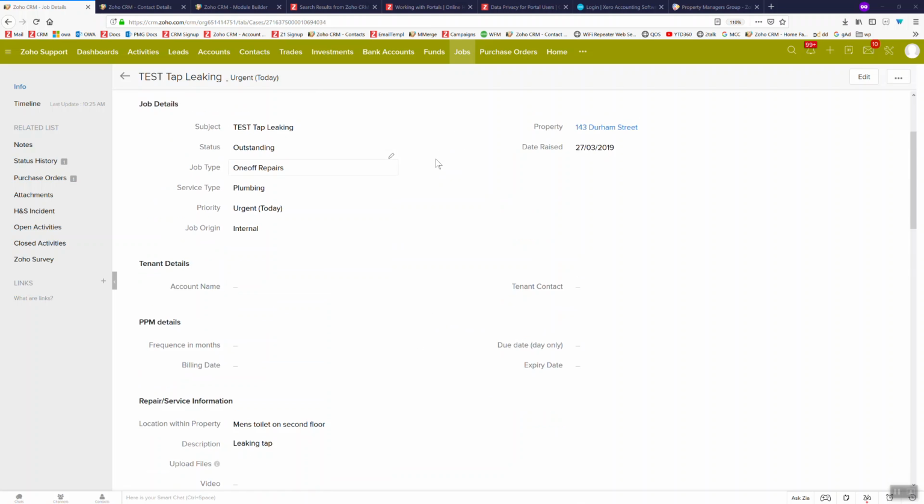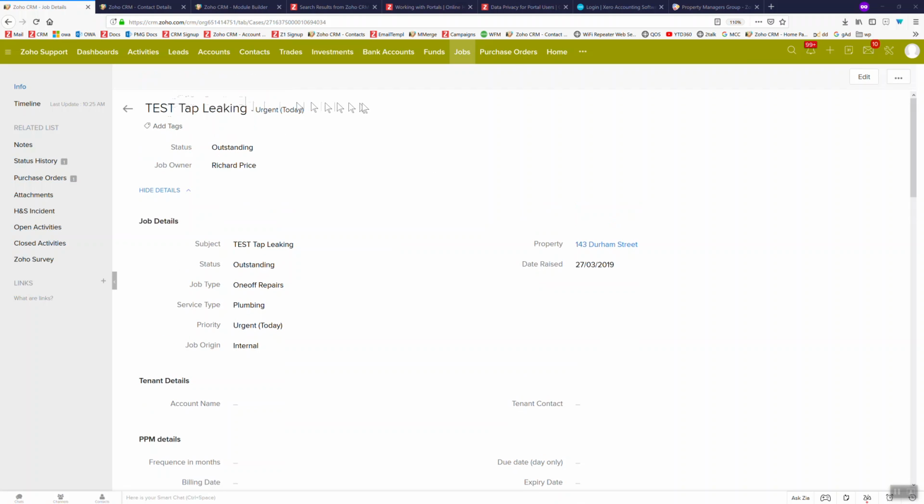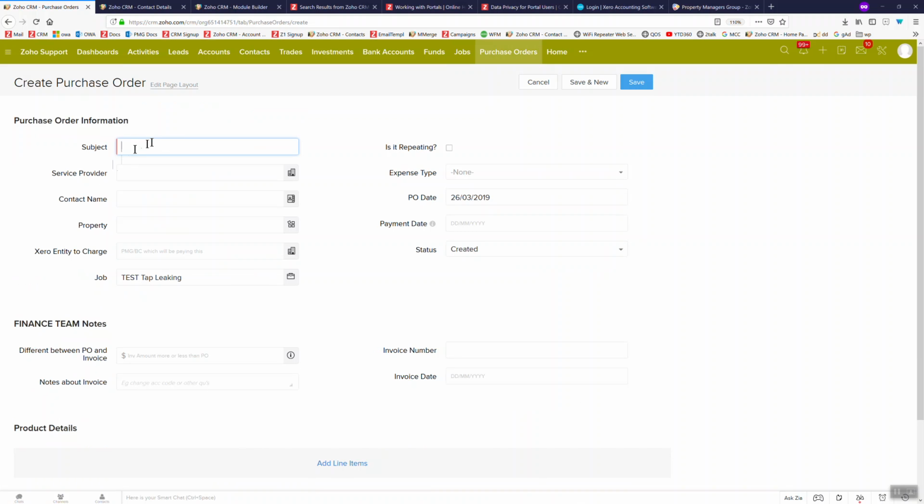So first of all, I'm going to go through the first scenario. I've created this particular job here, but I want to add another purchase order to it. So on the left-hand side, I can hover over purchase orders, and you'll see a plus sign. Click on that. This now is going to create another purchase order for that same job. So I can put in here